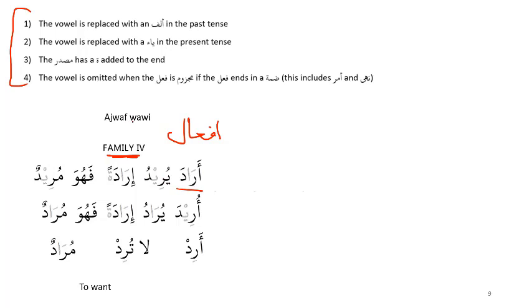Now, this is ajwaf wawi, and right now I'm just telling you, what does it mean that this is ajwaf wawi? We are going to work with this together, and we will focus first on row number 1, which is fail mazi, fail mudare, and then this is the masdar for huwa muridun, and then muridun is the ismul fa'il. Okay, now I want you to work with me. I'm telling you this is ajwaf wawi. Based on what you see over here, then,